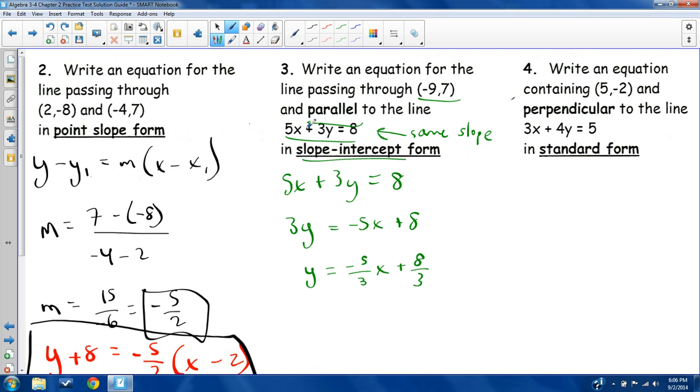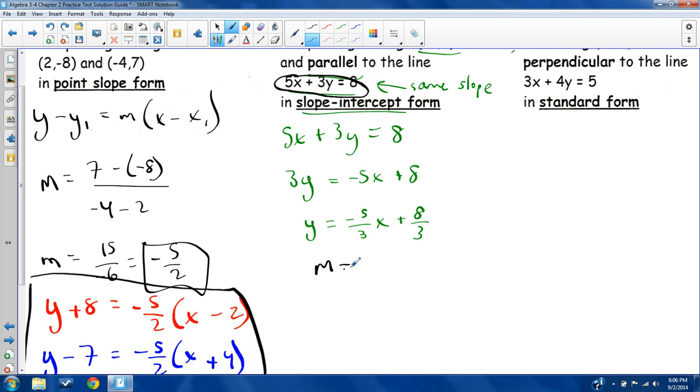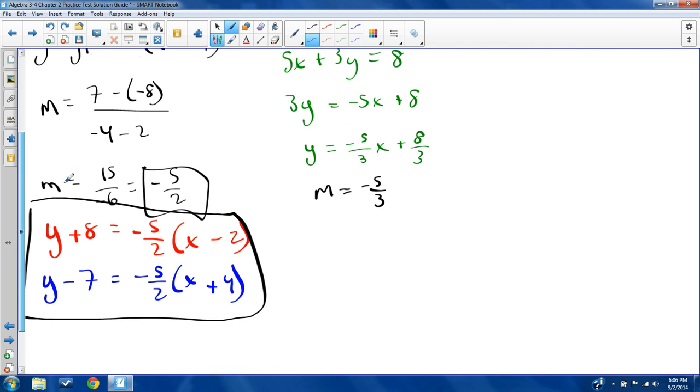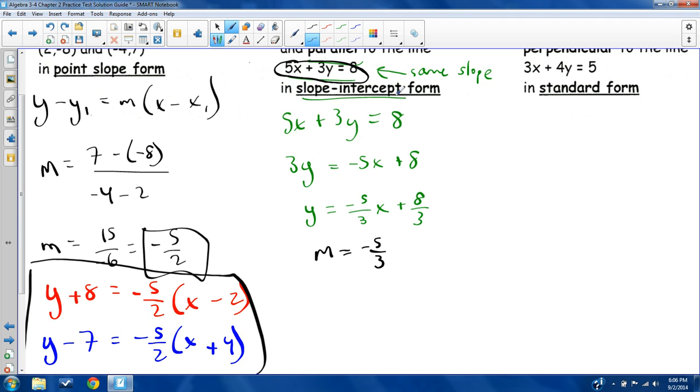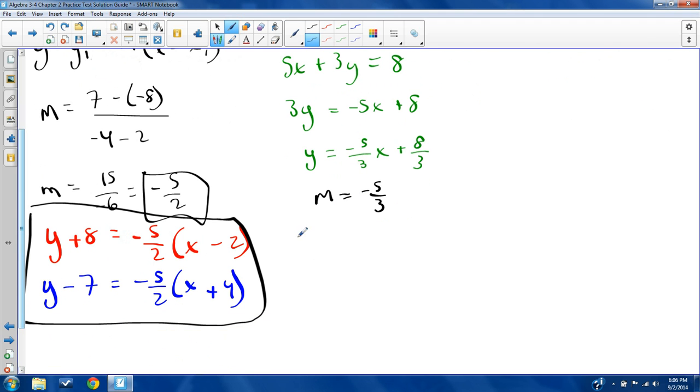Now this is the equation for this line, right here. That is not the equation for the line passing through (-9, 7) and parallel to it. So what I'm going to do is say, all right, I know that my slope is -5/3 for my new line. I know this because I know it's parallel to it. So since they're asking me to do it in slope-intercept form, I'll just go ahead and write this in slope-intercept form. y =